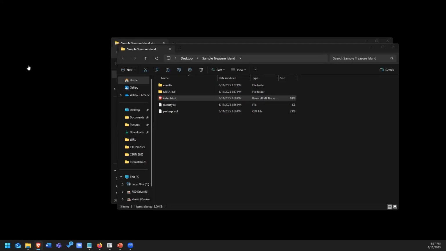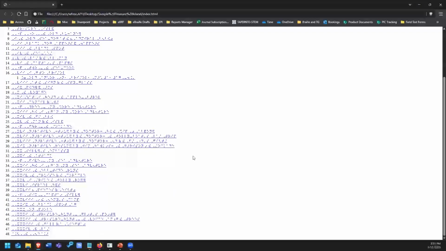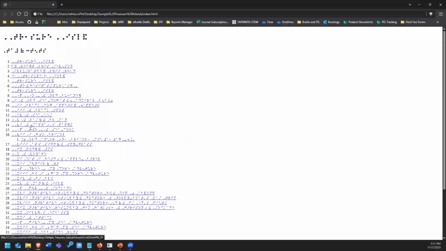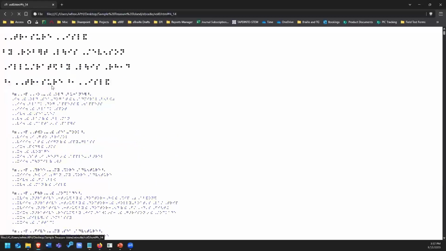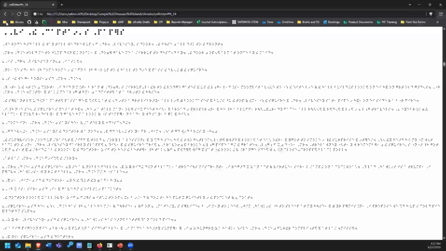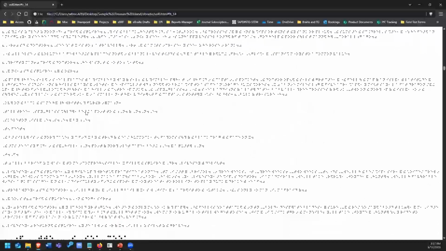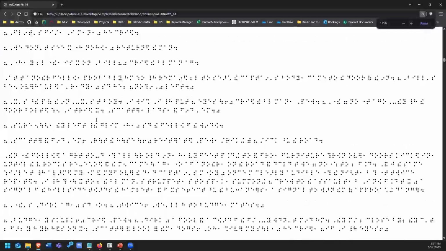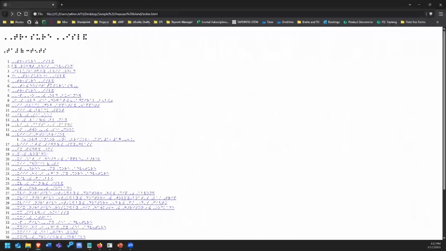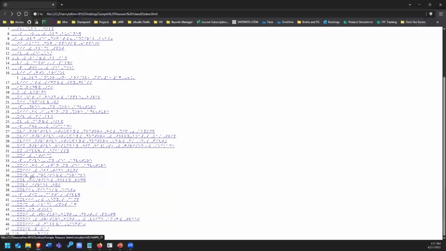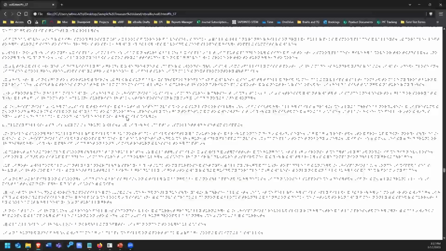So when I open that up, these are all of the headings in the book. So now with this one file, I can jump to any location in the book. So I can jump to chapter 6, the captain's papers. And now I've got all of my Braille here in front of me. And I can make it larger as well. Now I can just go back and then jump to a different location. And now I'm reviewing this file in, I think, a cool way that's like never really been done before with a Braille file.